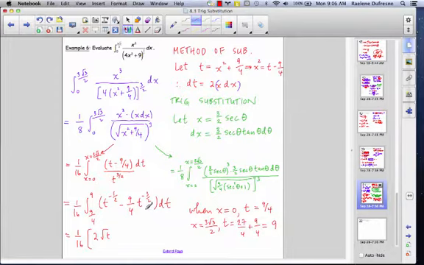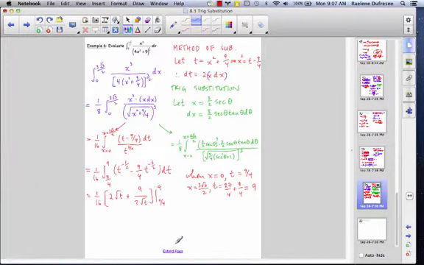Dividing by negative 1/2 is the same as multiplying by negative 2, so we get plus 9 over 2, and this is still t to the negative 1/2, or dividing by root t. So I'm going to make this plus 9 over 2 square root of t, evaluated from 9/4 to 9. So we get 1 over 16